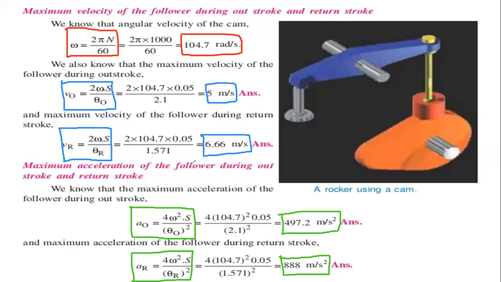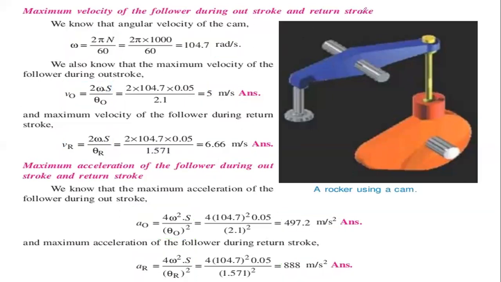So these are the derived values for the given question. In the question they didn't ask about the velocity and acceleration diagrams, so we do not need to draw the diagrams for velocity and acceleration. We need to close it by finding the values only. So based on the question, you have to follow the answer.